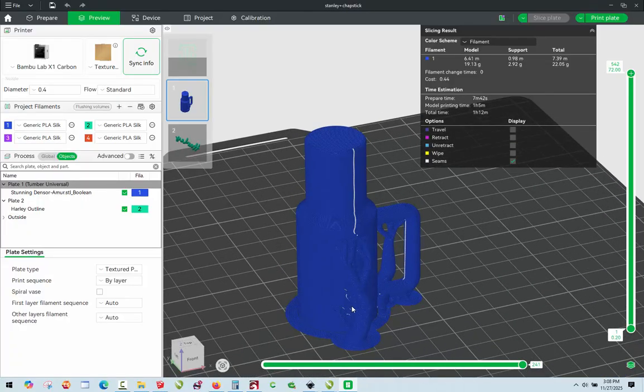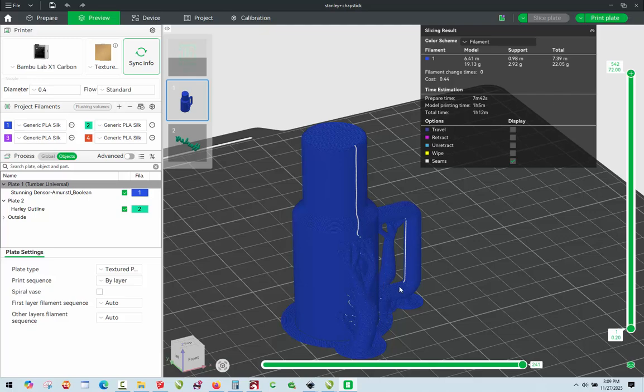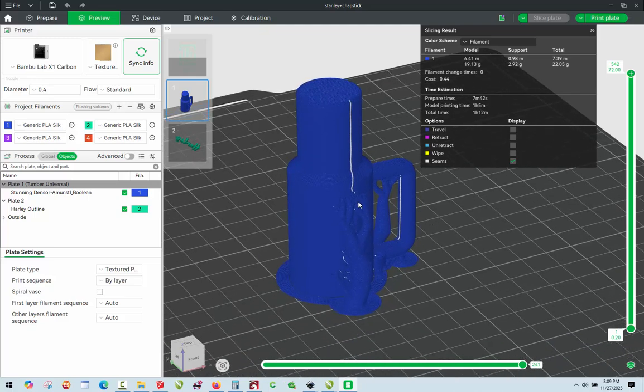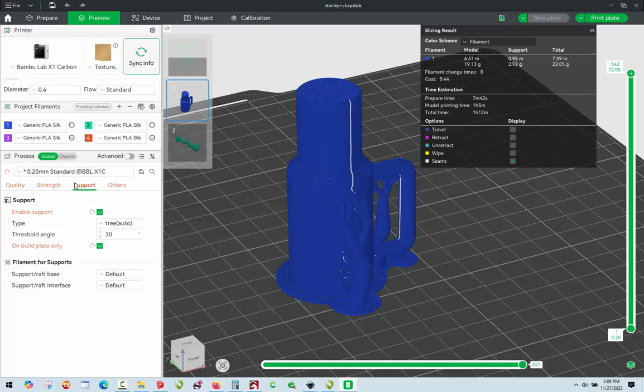It doesn't hurt to have the brim that the profile had by default, but we do want to take care of that support. And like I said, there is an option to paint it out, but in our case, we won't really have to do that. All right, so I'll go back in and show you how we're going to take care of that. So what we're going to do is click on support here. So I clicked on global,